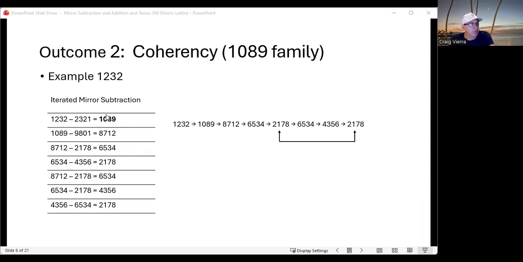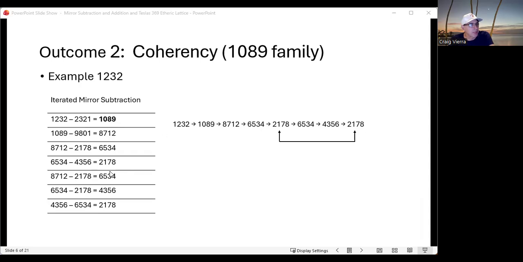Now if you've read the book, you know 1089 is a very important number. But let's say you didn't know and you took 1089 and subtracted its mirror. It goes to 8712. And then 8712 minus its mirror, 2178, gives you 6534. 6534 minus its mirror, which is 4356, is